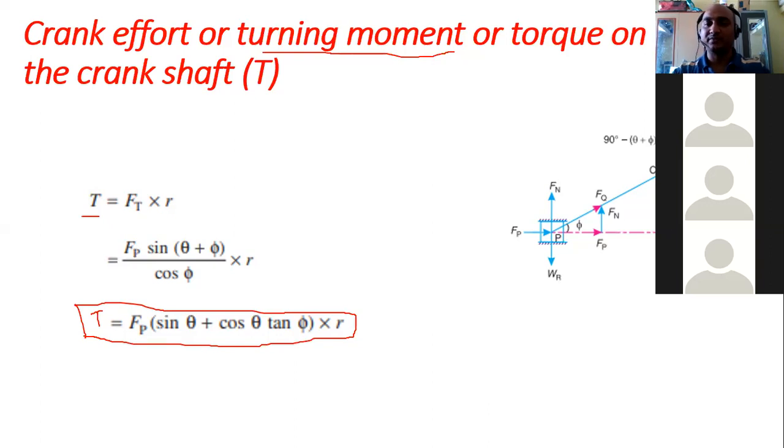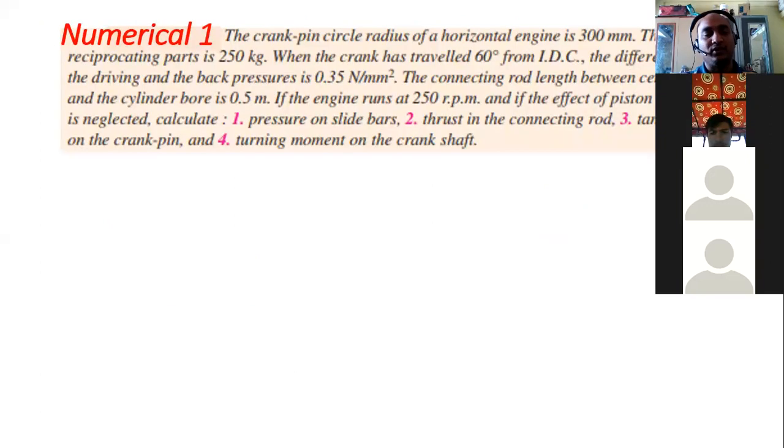We'll solve some components in two problems and then we'll stop our lecture. We already read this problem yesterday, and the important line in this problem is that, you can see here, the pressure difference is given. The difference between pressures is one important part, and the second part is the angle.